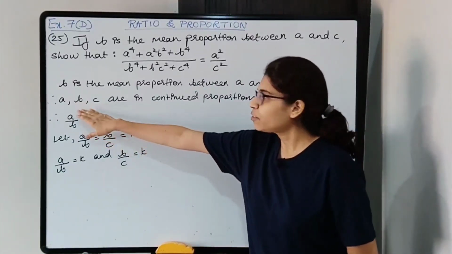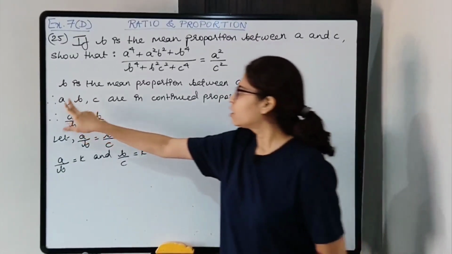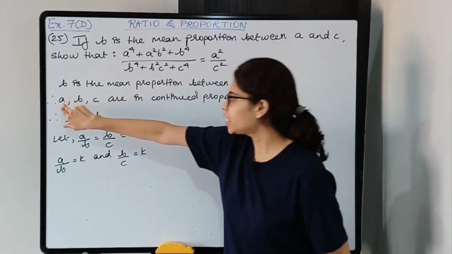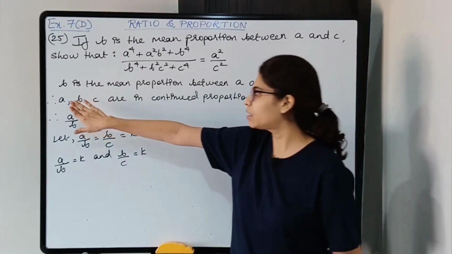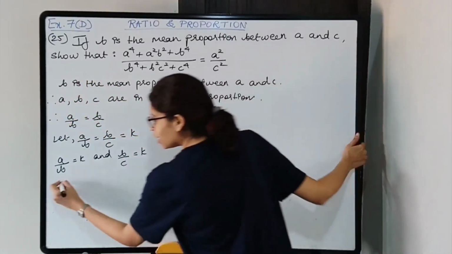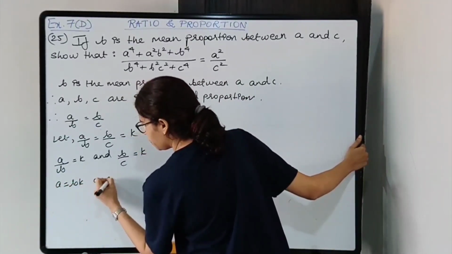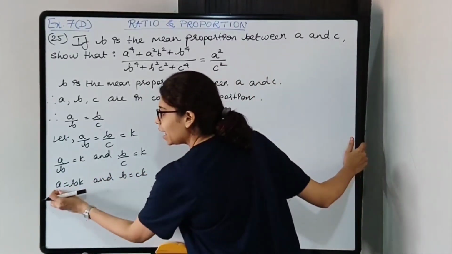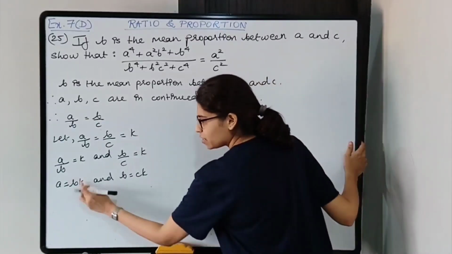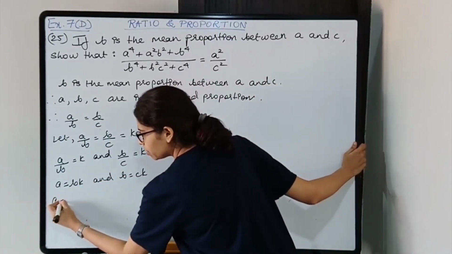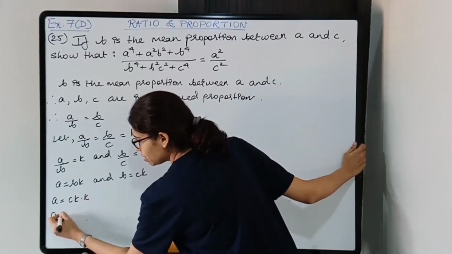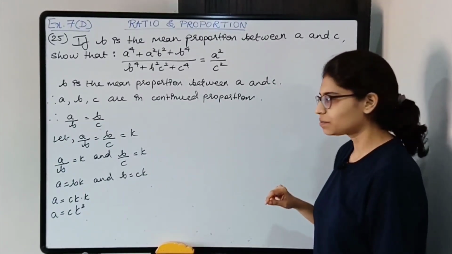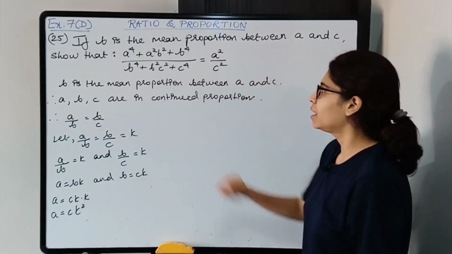Now whenever we have three quantities in proportion, the first two we express in terms of the last one. So B also in terms of C and A also in terms of C. C as it is, but these two in terms of C. So A is BK and B is CK. So B I got in terms of C. I need A in terms of C. So B is what? CK. So let's substitute CK over here. So A is CK square, B is CK. So we'll make these substitutions in the LHS.